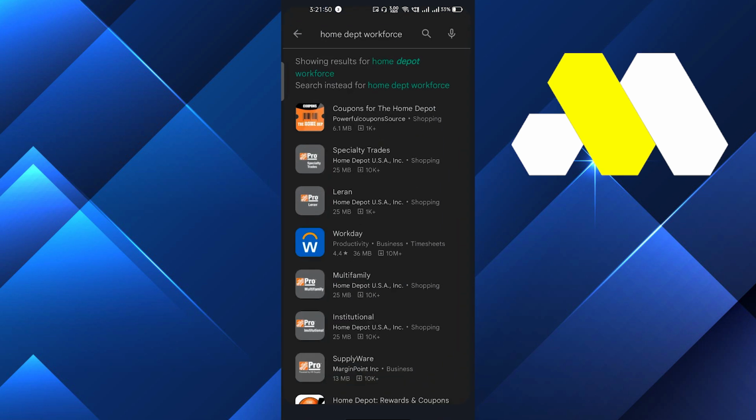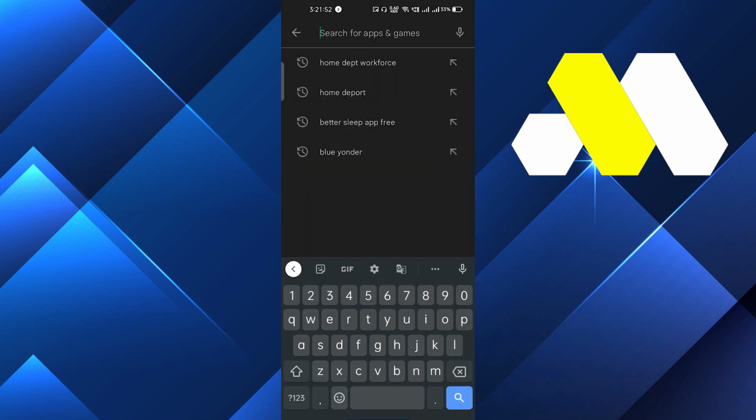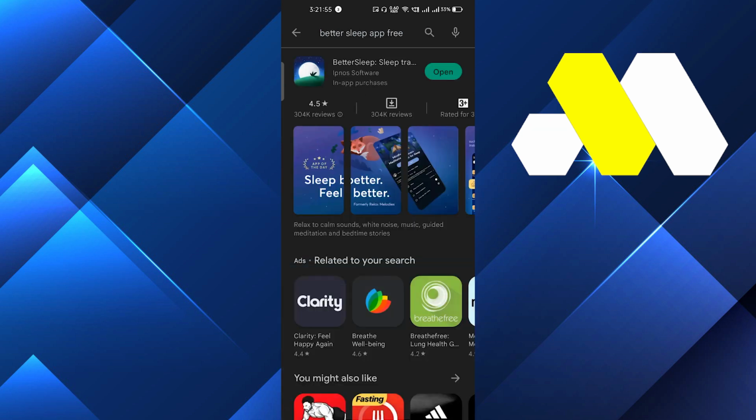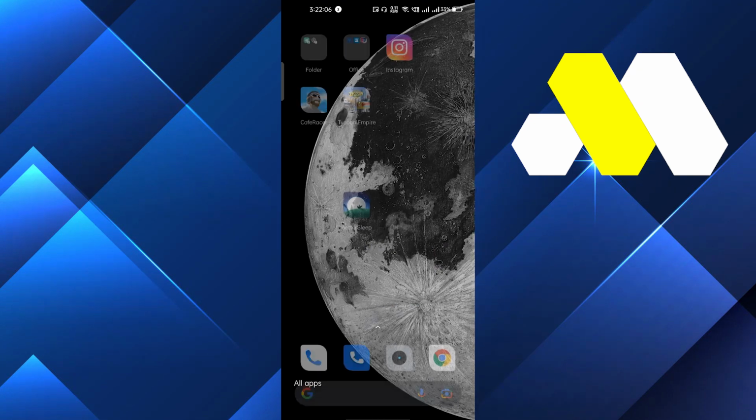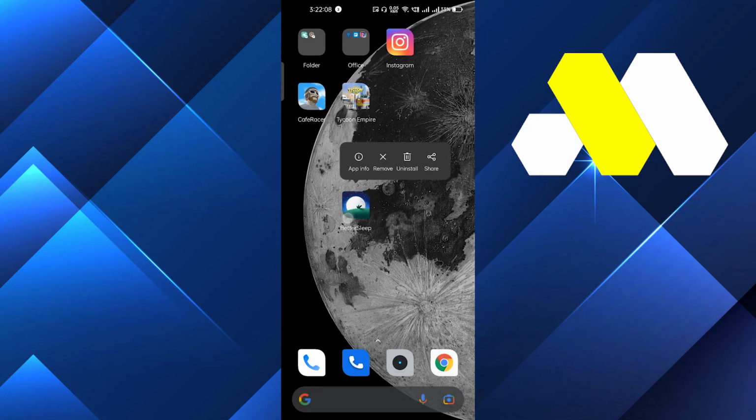So first of all, we will go into the Play Store mobile application, and here on the search bar we will search BetterSleep. If the option is showing Update in place of Open, you have to update this mobile application and make sure you are using the latest version of this app. So maybe this can fix your issue, but if it doesn't, you have to just click and hold,